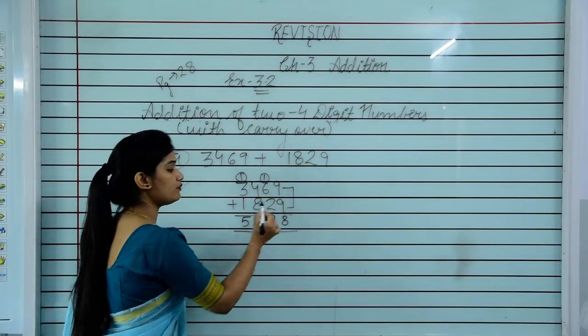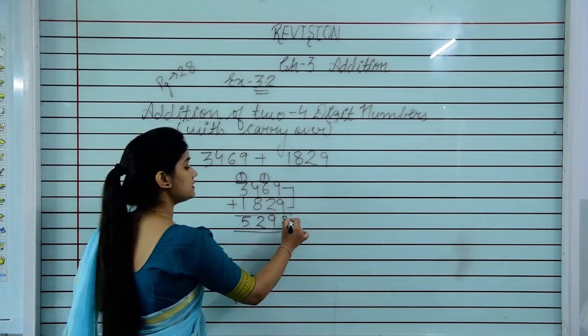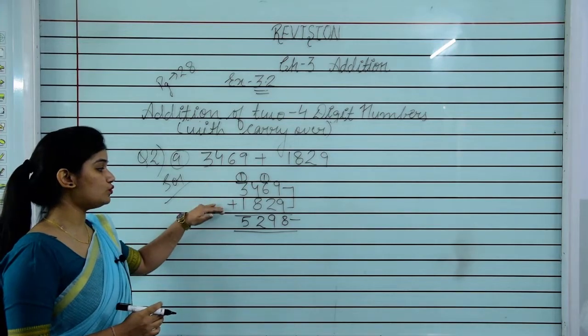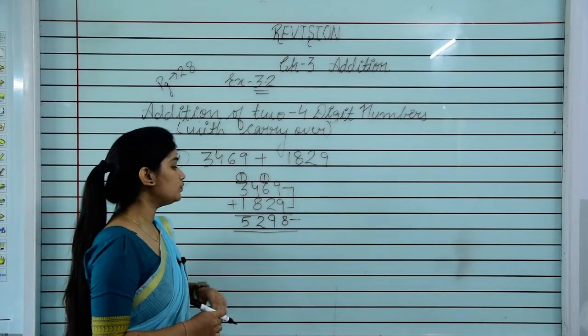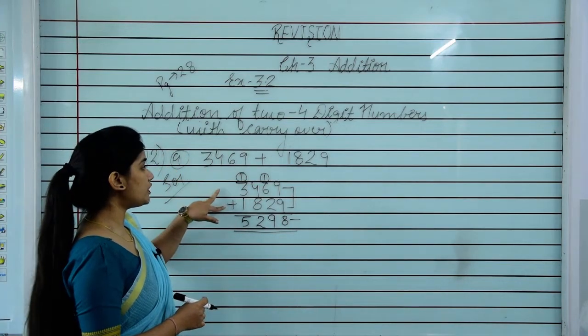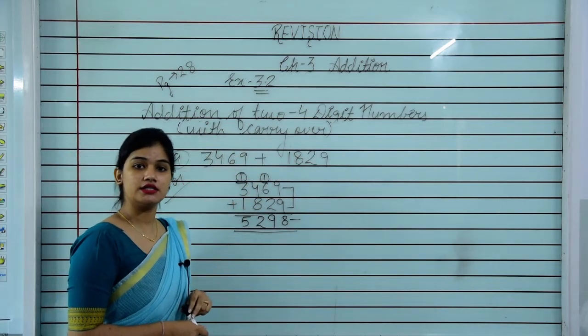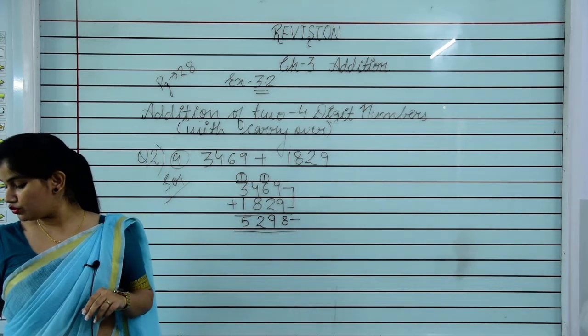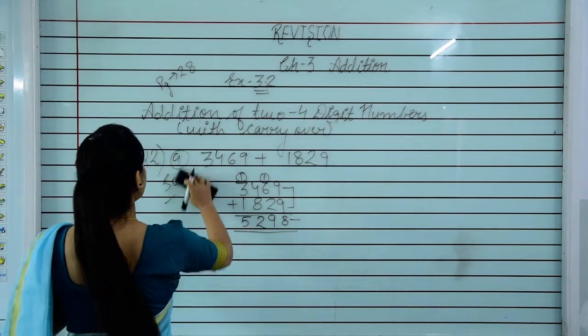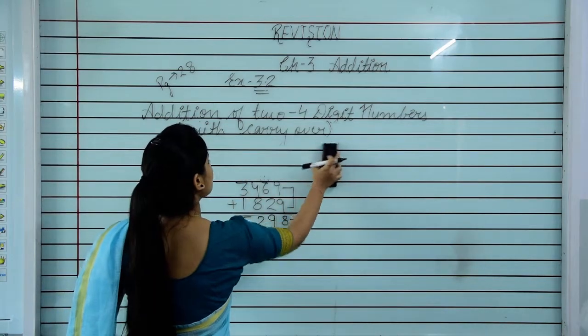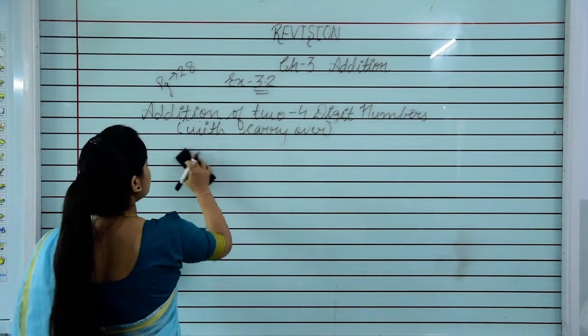Again these two numbers are addends, and this is the sum of these two numbers. In this way you can find the sum of two numbers with carry over. Understood, students? Now we are moving to the next topic, and the next topic is addition of